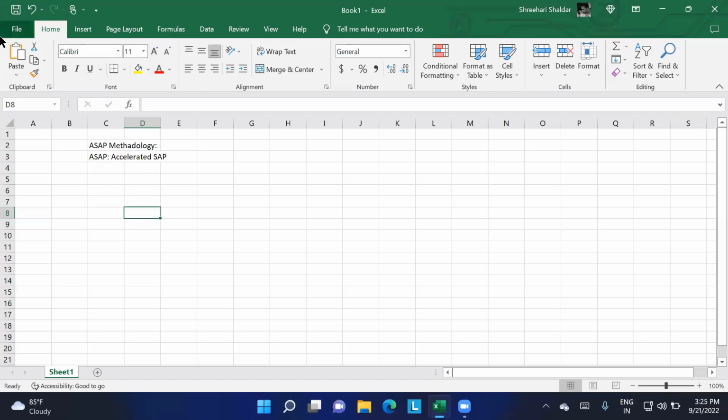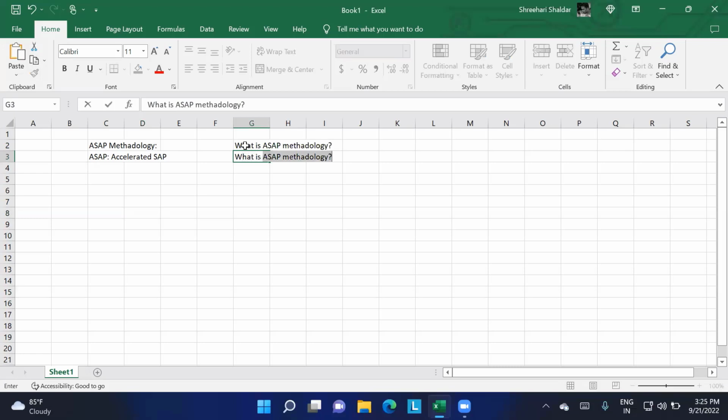Here we will see a few questions you may face in interviews. There are a few questions like what is the SAP methodology. The second question: what is your contribution in SAP implementation?